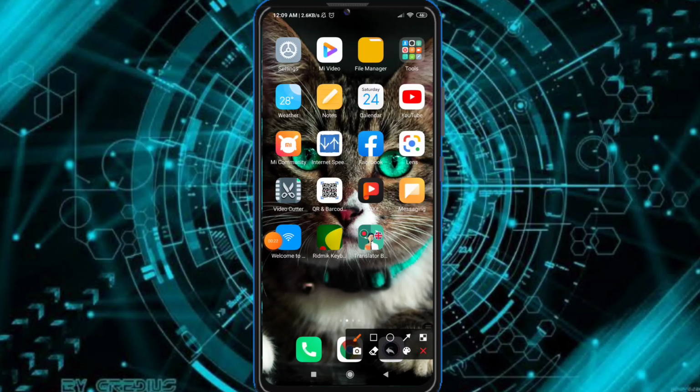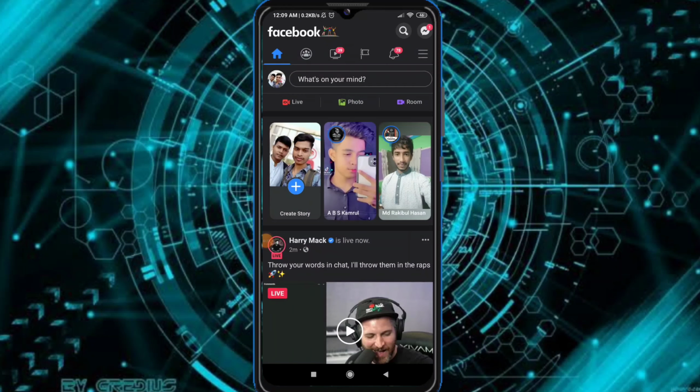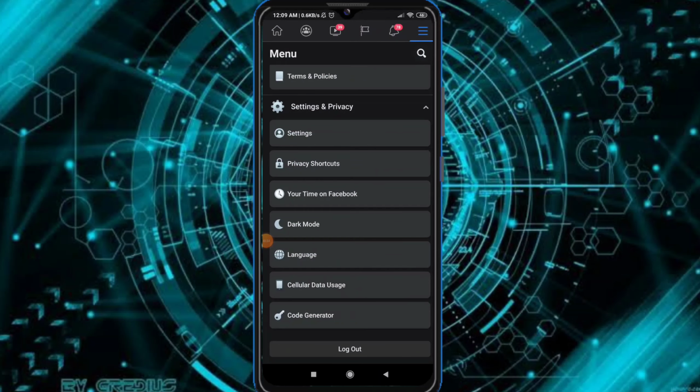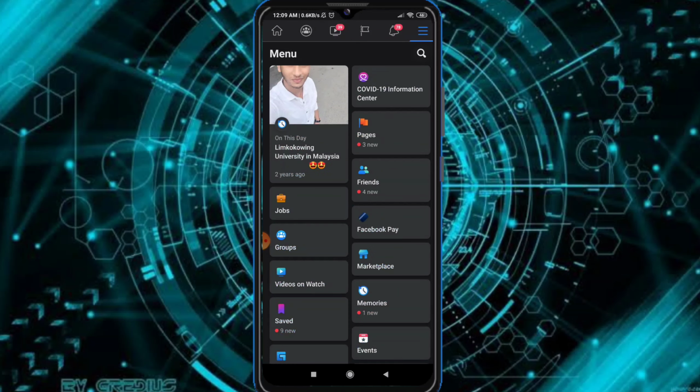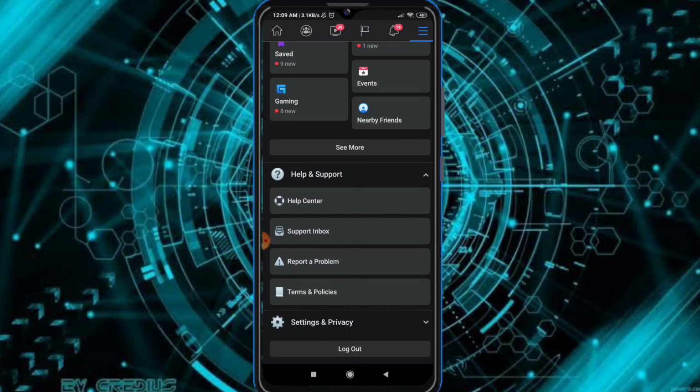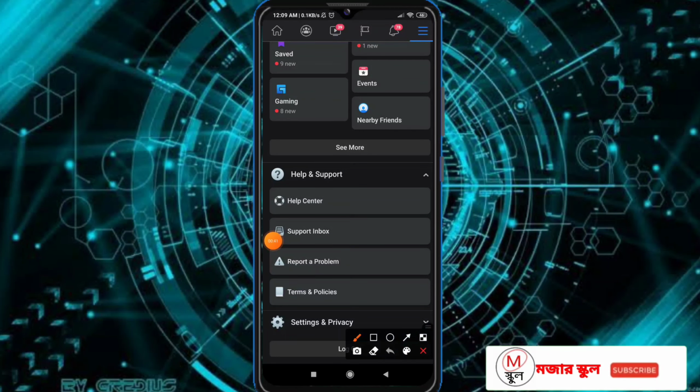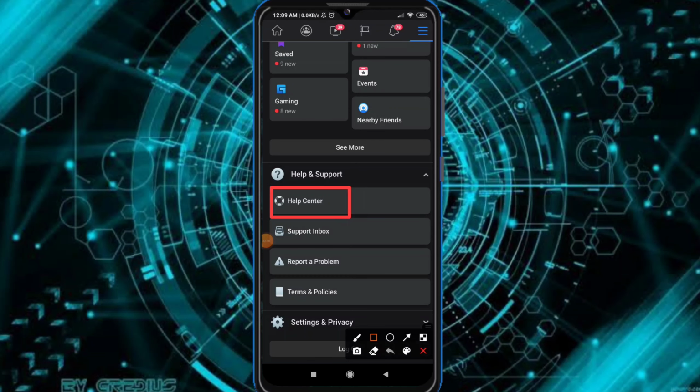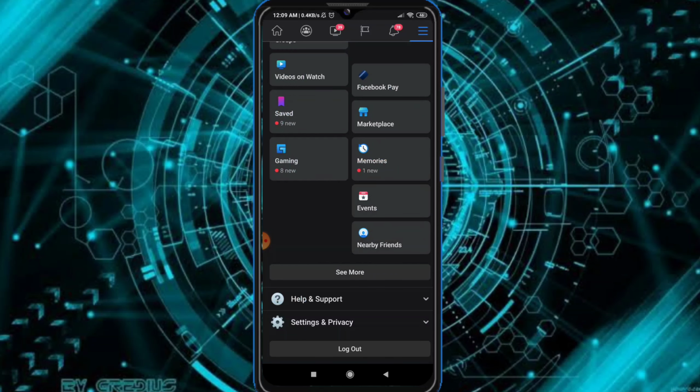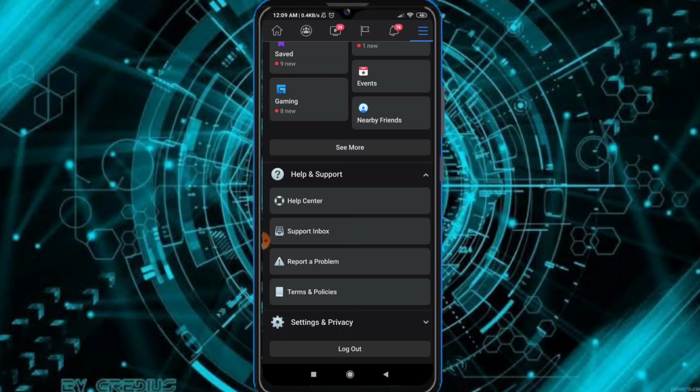First of all, you need to go to your Facebook account and then click on it, and then click on help center, and then click on help and support. After that, tap on help center